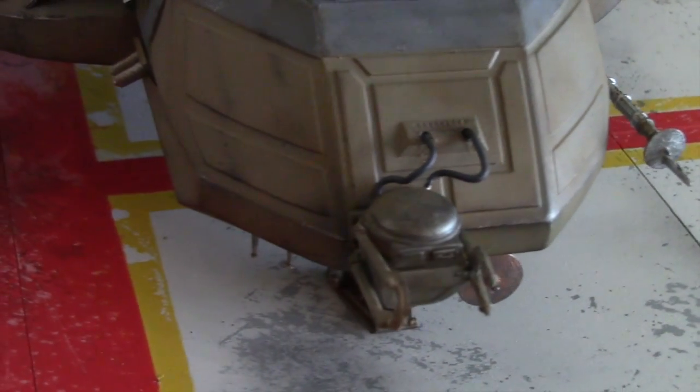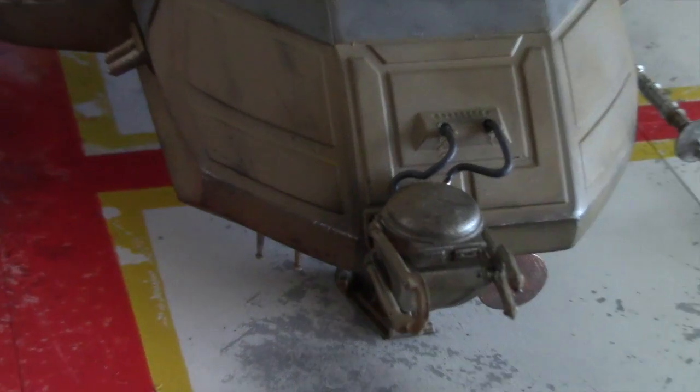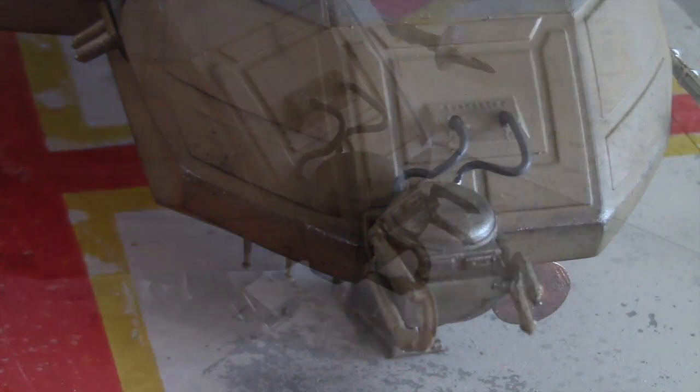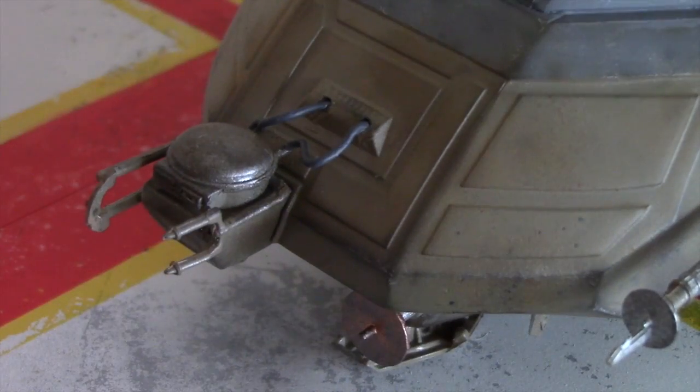You may also notice here at the front of the ship that I added some tubing to the front sensor, which is completely absent. The model came with no tubing at all. This was done by just using a pin vise to make the 2 holes here, and I just used some solder for the tubing. I first thought about using some insulated wire, but it was just not very easy to bend into shape. So the solder was much easier to work with, and then I just painted it with a